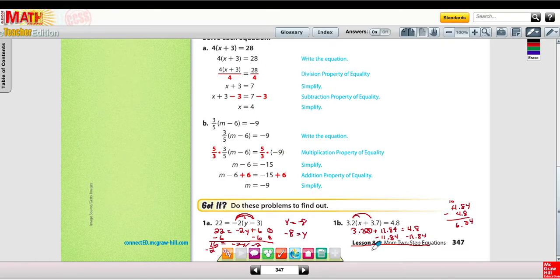6.04. So we have 3.2x equals 6.04. Divide by 3.2. I should get x equals, let me see here, negative 2.2. Negative 2.2. Where did I miss my negative? Oh, it's right here. When I subtracted 11.84, I had more negatives there, so it's negative 6.04 divided by 3.2, negative 2.2. All right, moving on to page